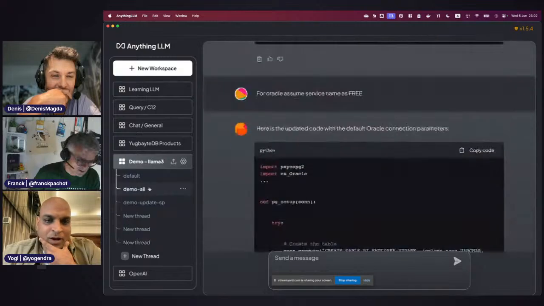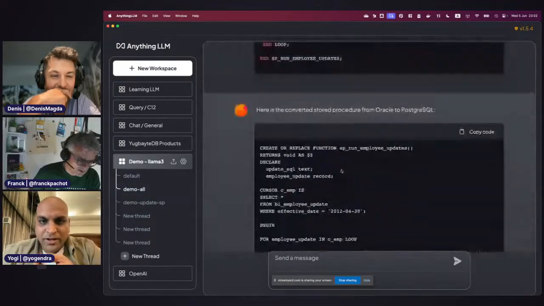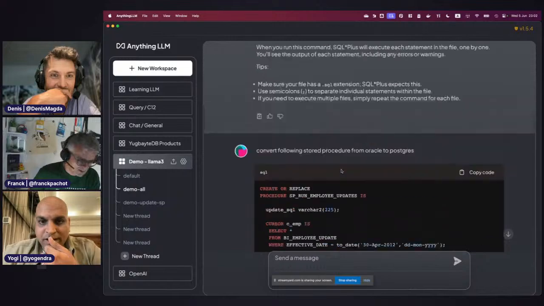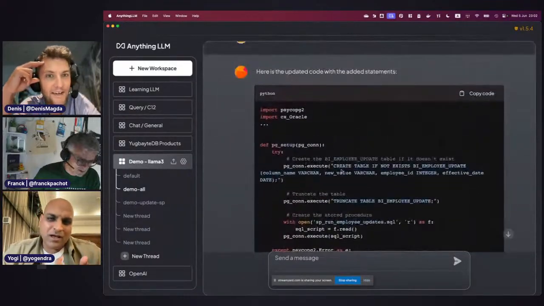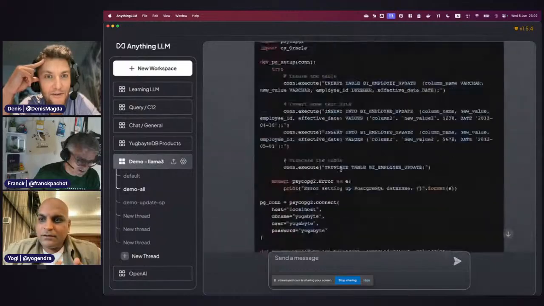So this is actually an entire chat on creating the functional test for this. It took a while, right? Oh, okay. That was a long conversation between you and the LLM.